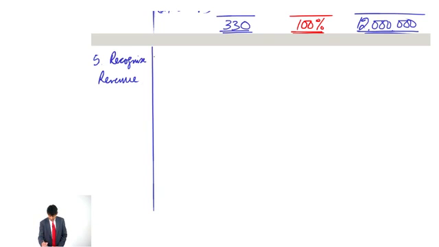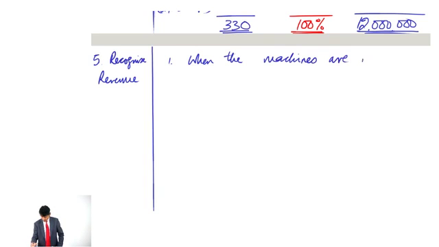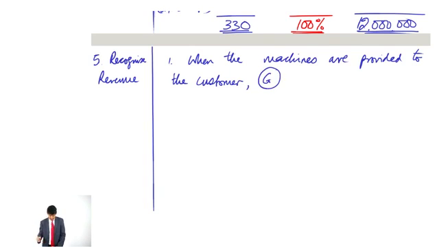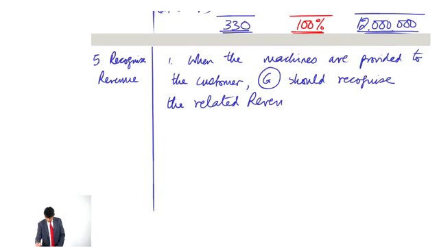So a couple of points to look out for. When the machines are provided to the customer, Gail, that's you, should recognize the related revenue